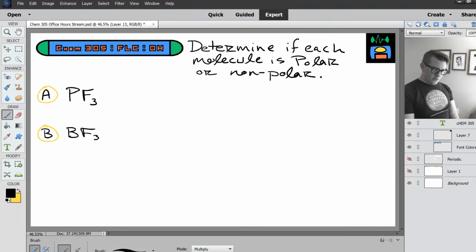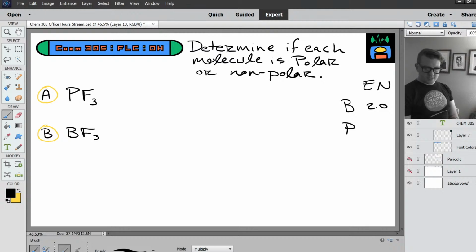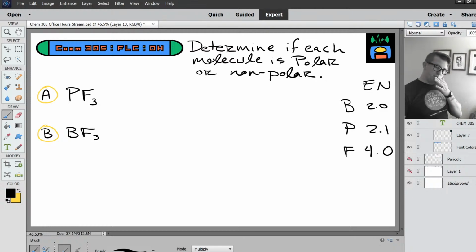All right. So a little bit of info. Let's do the electronegativities of each of these. Boron has an electronegativity of 2.0, phosphorus 2.1, fluorine 4.0. These are numbers that we're going to use because the thing to remember